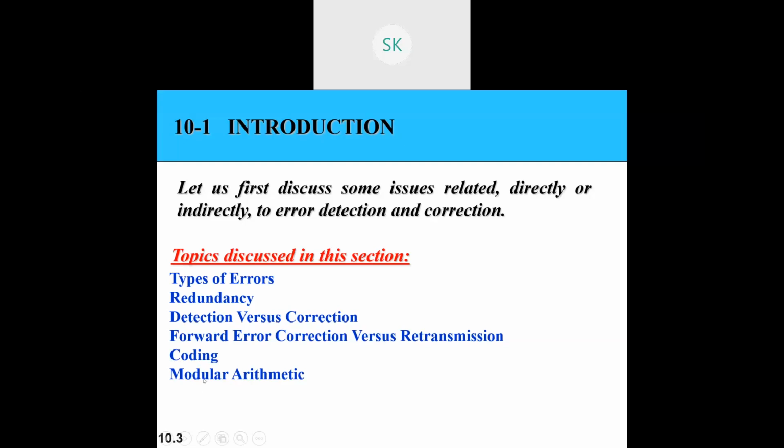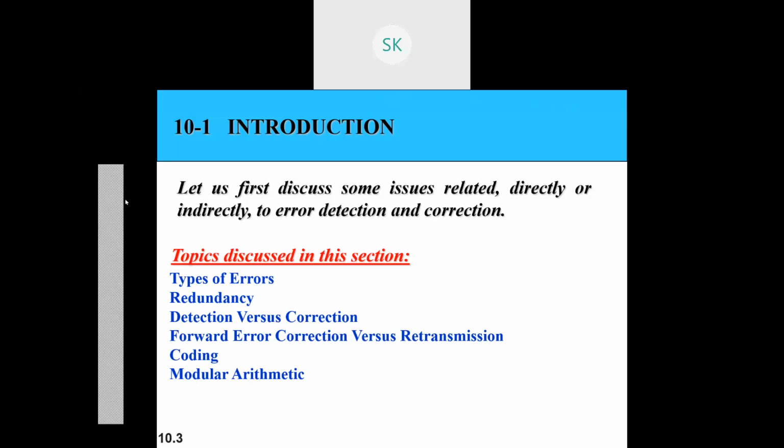Next one is modular arithmetic. This plays a vital role. Modular arithmetic is nothing but your XOR operation. That's it. So just recall the XOR operation. That is what modular arithmetic is all about. So what is the XOR operation? If you have two data bits that need to be sent, how will it work? Simple thing.